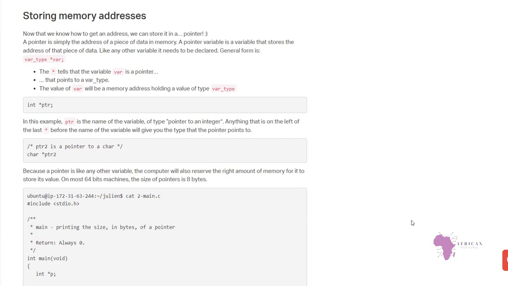A pointer is a variable that will store the address of a piece of data. It's that simple. A pointer is simply the address of a piece of data in memory. If we can call it a road sign, it's just a road sign. It just tells you that you can find whatever you're looking for at this address, more or less. So a pointer